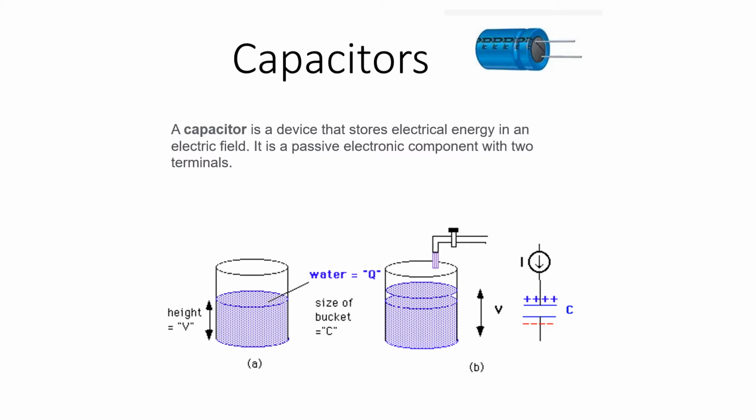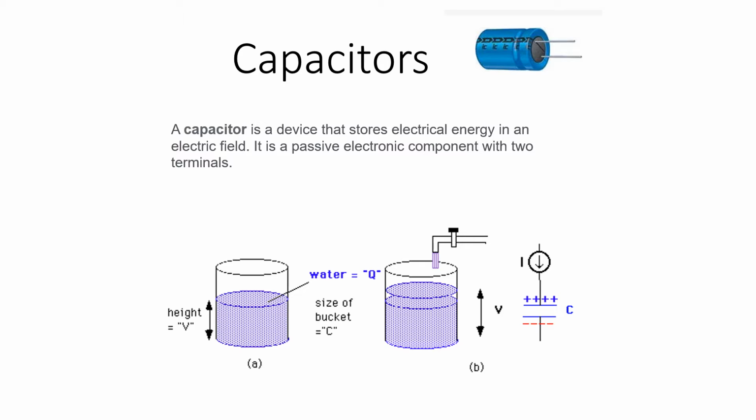But I wanted to make a more simplified version, so that you remember it throughout life. Let's consider a bucket filled with water. Now I'm going to relate this to capacitors. If your bucket size is big, it means capacitance is big. If the size of the bucket is less, it means capacitance is less. So you can directly relate the size of the bucket to your capacitance value.